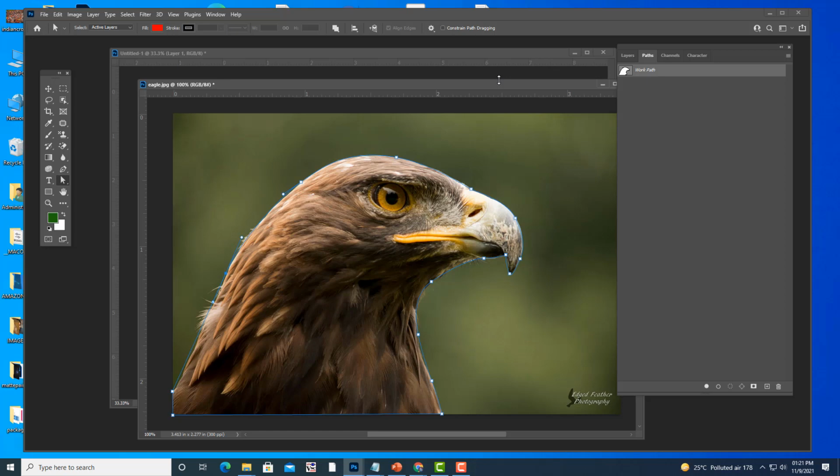So see, this is how we create a path. And then we might get one doubt actually. The doubt is, we have so many selection tools, like quick selection, lasso tool, magnetic lasso tool. So many selection tools are there. Then why do we have to use the pen tool? With quick selection, you can just click select subject and that subject is selected. Then what is the use of selecting with the pen tool?